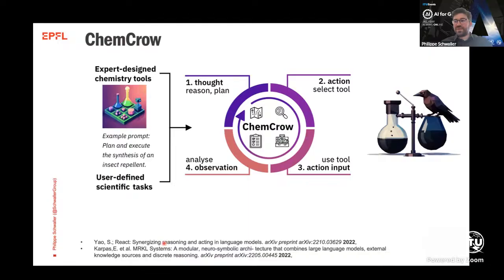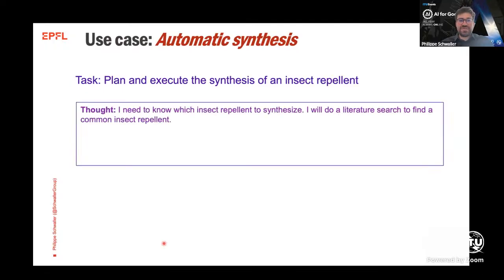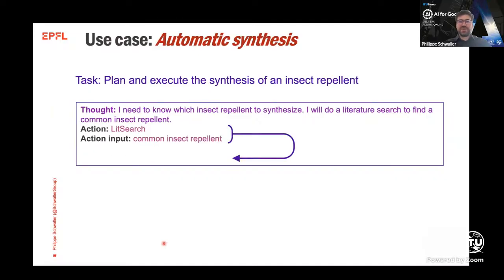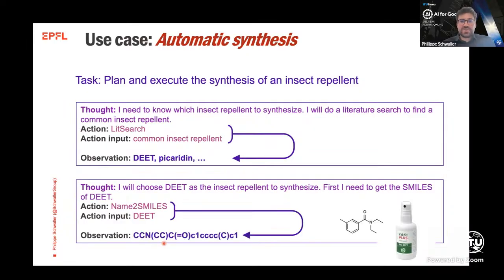And one of the test cases that we had there was to plan and execute the synthesis of an insect repellent. There, the language model first had to identify what is an insect repellent and search the literature for it. It found DEET and a few other options. But DEET is an abbreviation and doesn't contain any structural information, so it's incompatible with a lot of the other tools. So what it selected as a second action was the name to smiles tool to get back the structural information